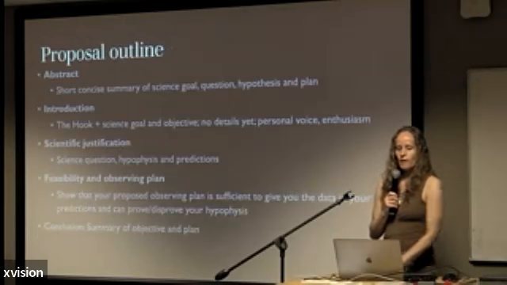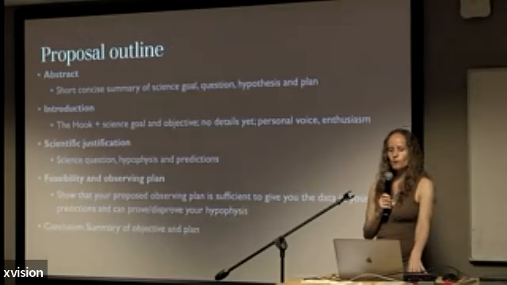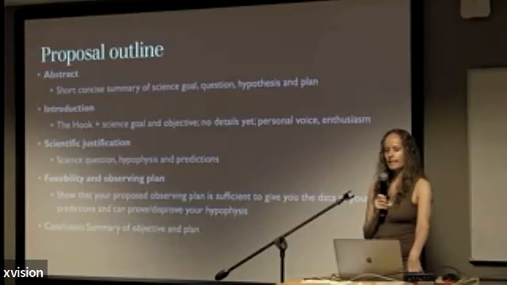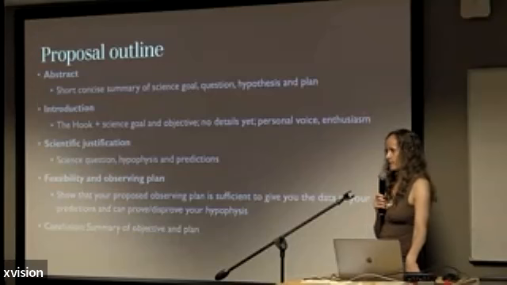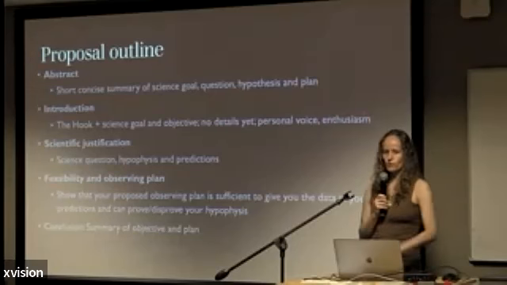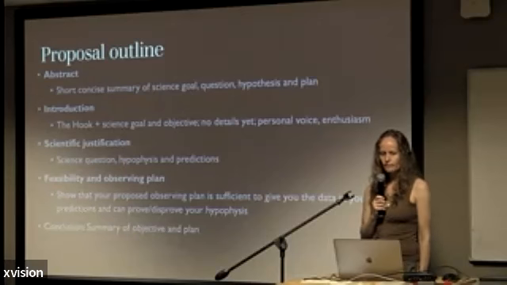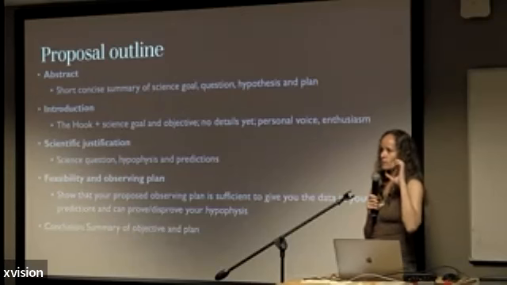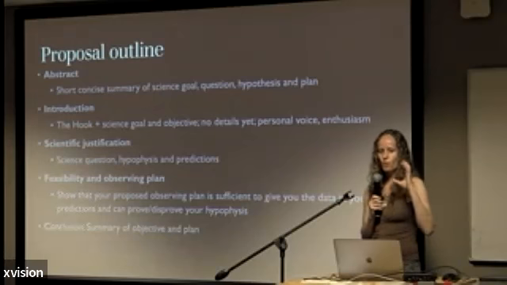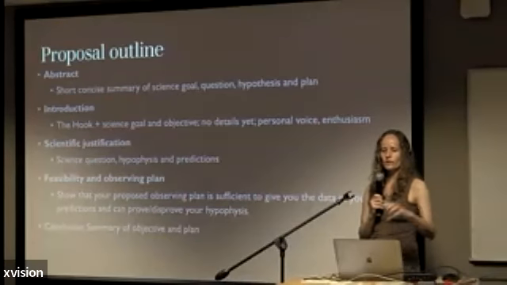So we talked a little bit about narrative. Now, proposal outline is this is a standard way to do a proposal outline. So these are just really sections in the proposal. You'll have an abstract, which has to be concise. It has to capture everything that you want to do. Why do you want to do it? How are you going to do it? And what do you plan to get out of it?